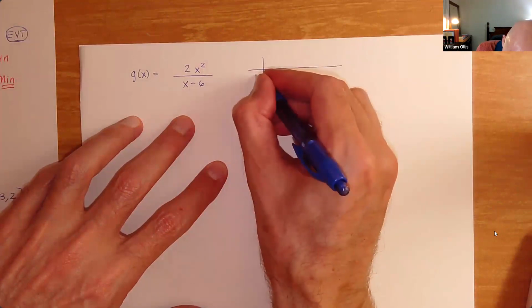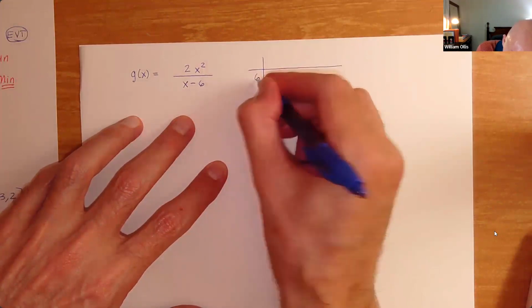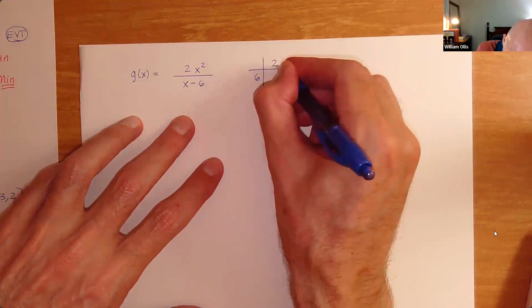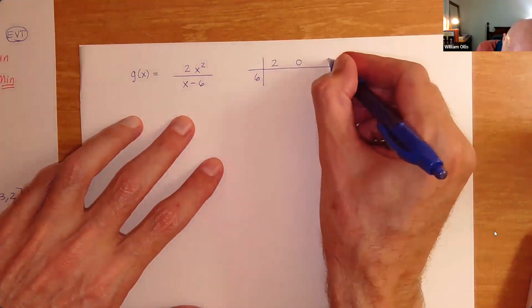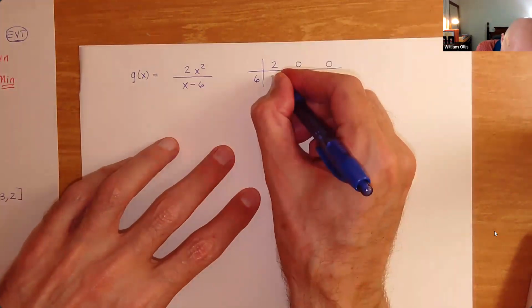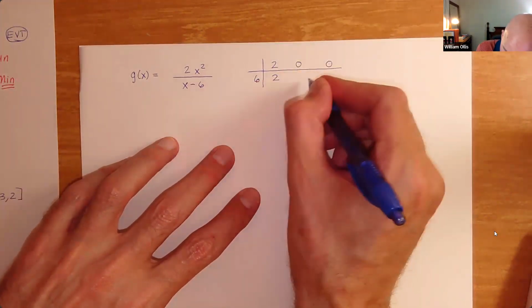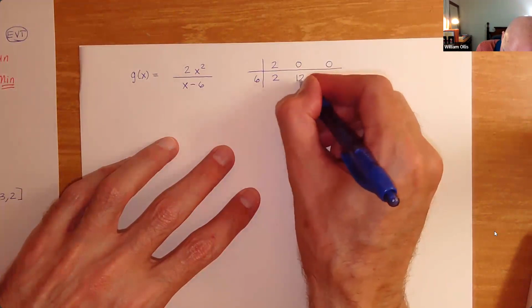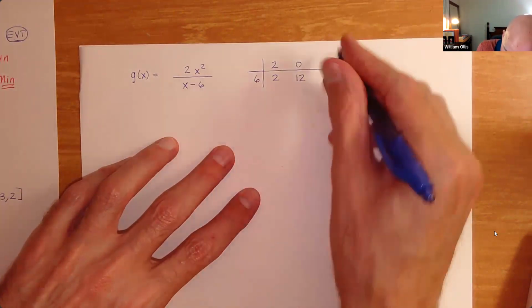So we can do 6 here. And then we've got 2, and then a 0, and then a 0, because we've got 2x squared plus 0x plus 0. So we bring the 2 down. We get 2 times 6, which is 12. 12 plus 0 is 12. And then 12 times 6, that's 72. So we get,